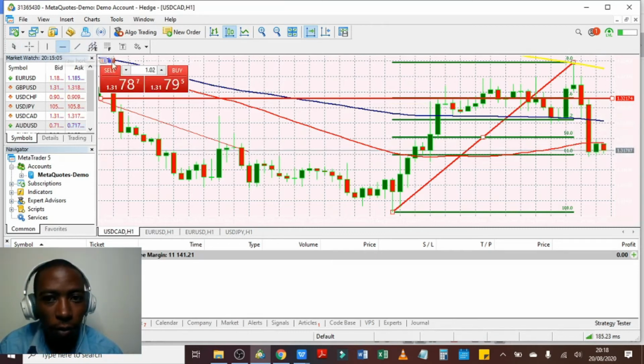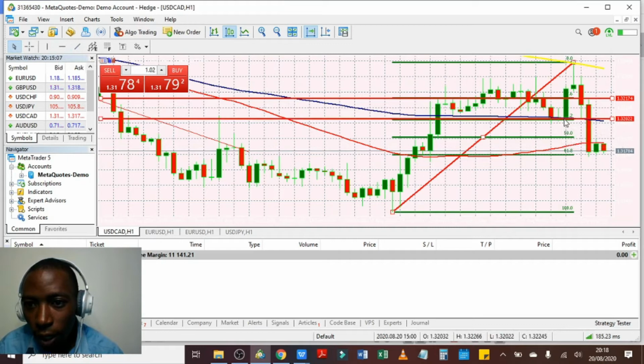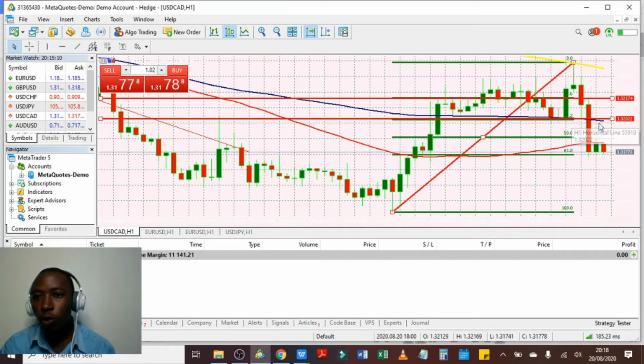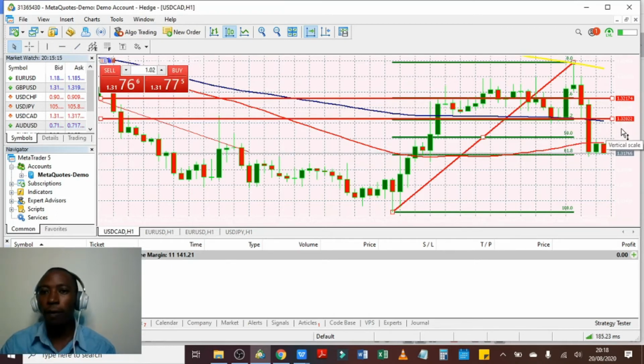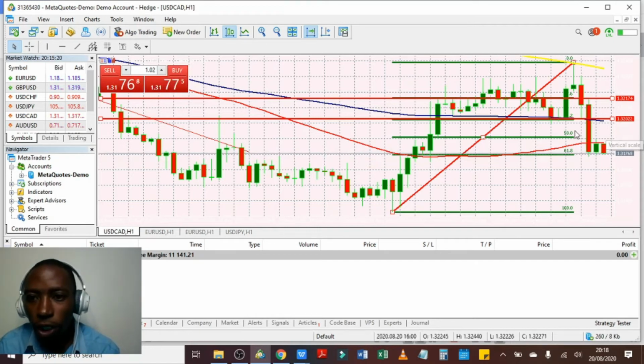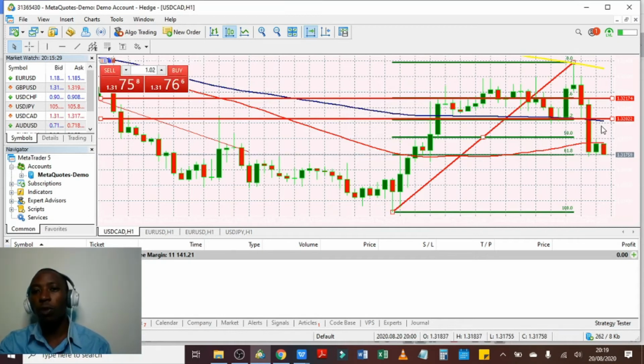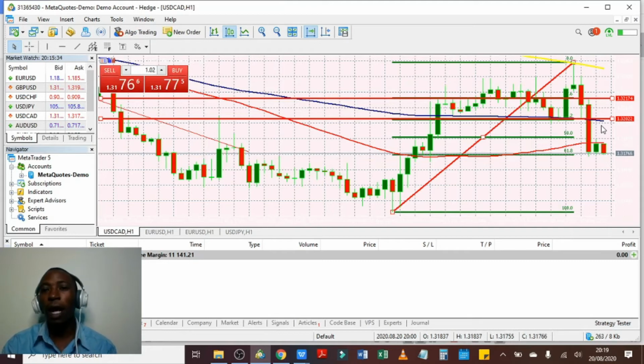38.2 level. Let me draw a horizontal line there as well. 38.2 is at price level 1.2022, and then from there it broke the 38.2 level, which coincides with the blue line, this blue line. As you can see here, the 100-hour moving average. When the 100-hour moving average was broken, the price was below it. A technical trader, if you have been following my lectures, will know that is an opportunity to sell.